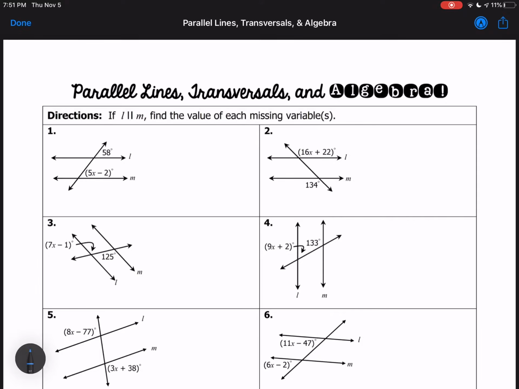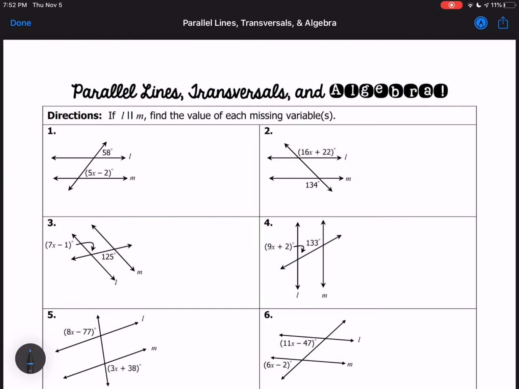Today we're going to be talking about parallel lines, transversals, and algebra. So we're going to have two parallel lines with a transversal cutting them, and we're going to utilize our angle relationships to solve some algebraic problems that we set up and find the missing variables. So I'm going to go over 3 examples with you, and then you guys will complete this page for the